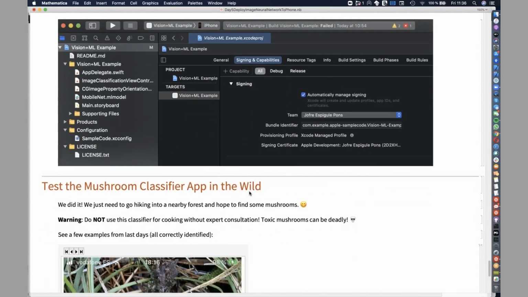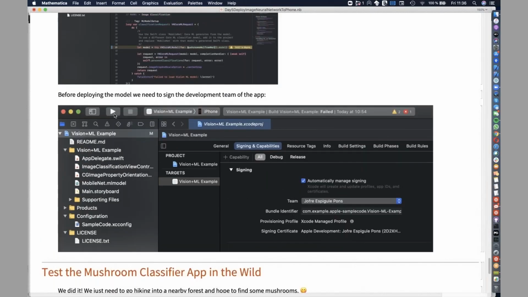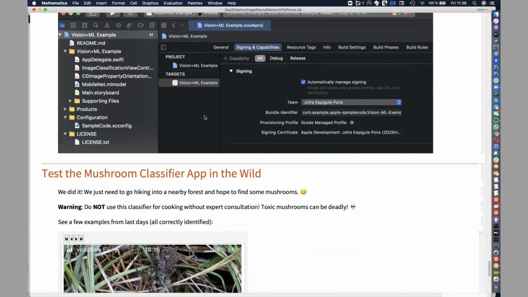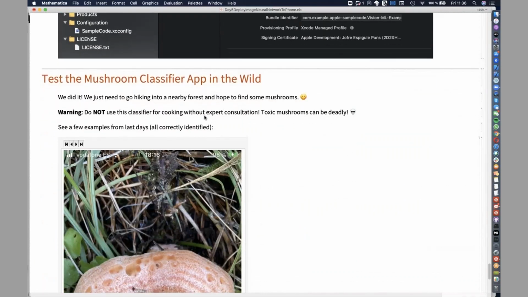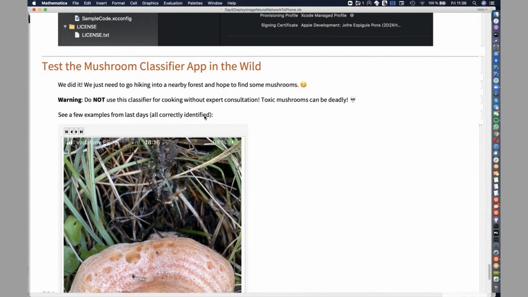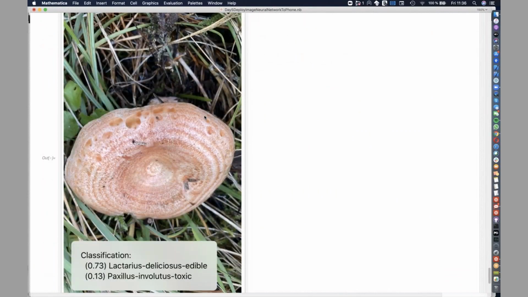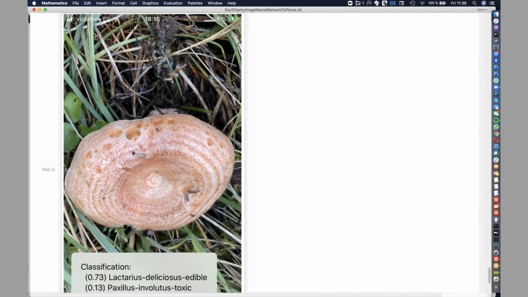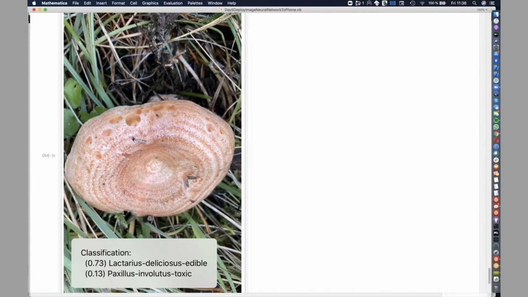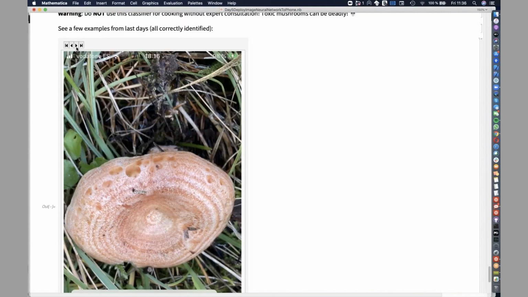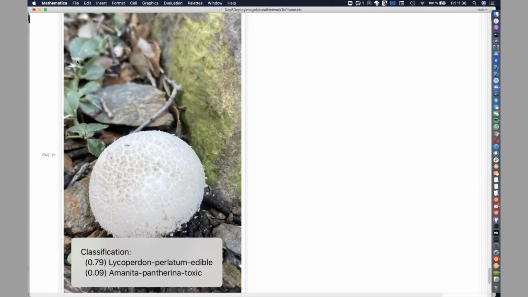And then it's just connecting to your iPhone and deploying it, and your phone will open the app that we just created. So I was testing on some live mushrooms, and most of them were identified correctly, like for example, this Lactarius deliciosus. I have some other examples. Yeah, I think I have even one video